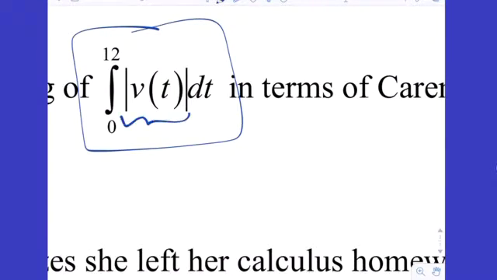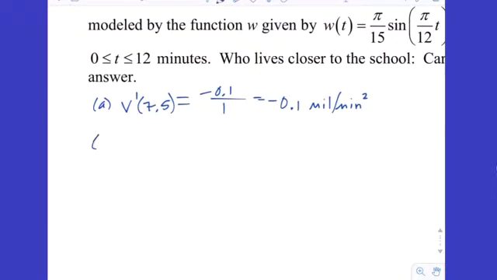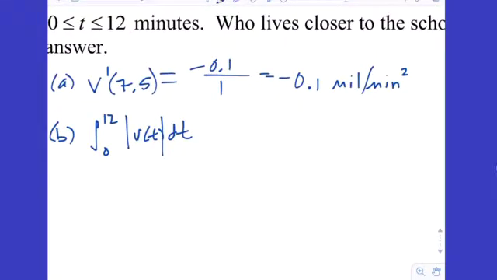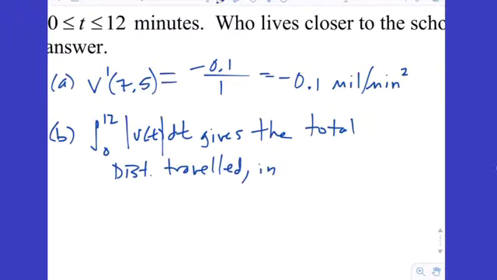It's the integral of the absolute value of velocity. This is the total distance traveled. Okay, now it said it with units. So here we go. The integral from 0 to 12 of the absolute value of v of t dt. Try not to use pronouns, remember. Gives the total distance traveled in what units? Well, remember we're multiplying, so it's miles per minute times minute, which is in miles. We measure distance in miles, right? Not miles per minute. In miles,